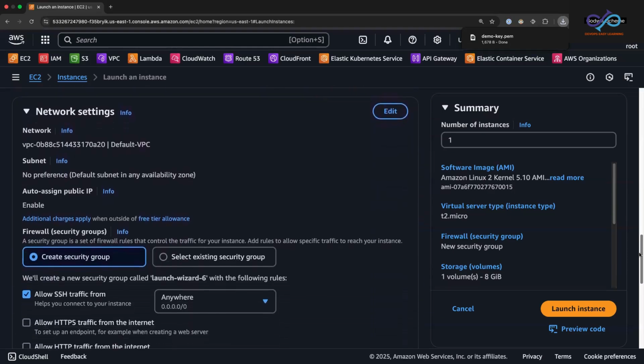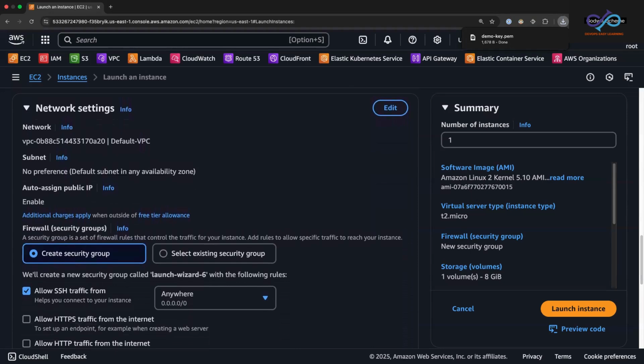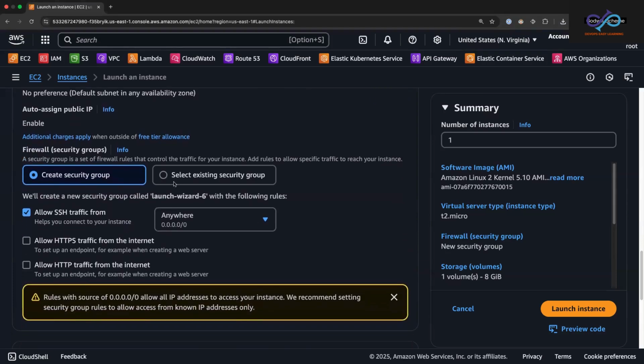Now, in regards to the network part, we will be selecting the default VPC we have in this account. In the network section, we will pick the default VPC and then we will move on. As you can see, it says default right here. So just click that and select that. For the security group, you can decide to create a new security group